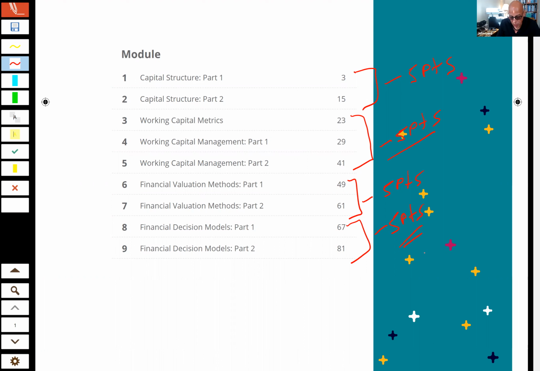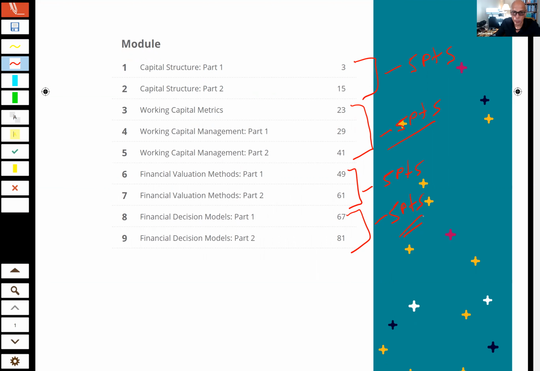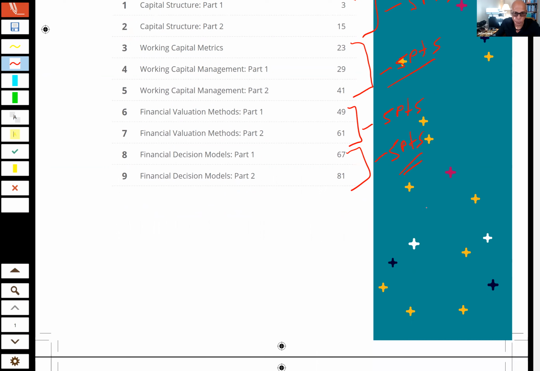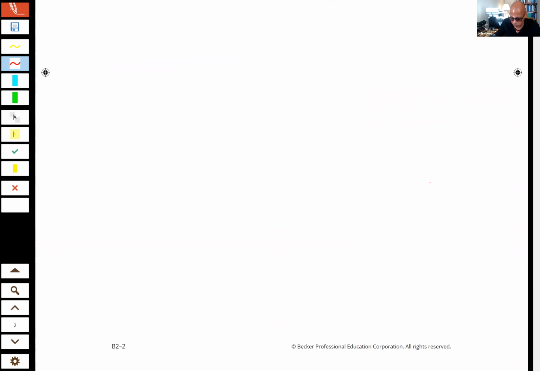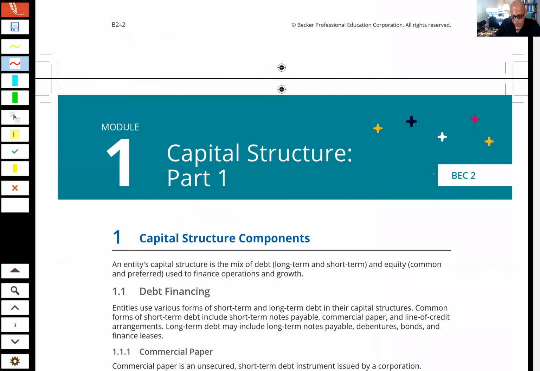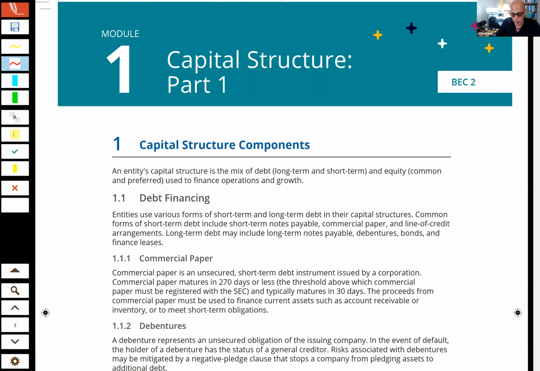But taking a look, we're going to really cover most of that here in chapter 2. We'll get about halfway through that today. I'm thinking we should be able to get through these first 5 modules, and then that'll allow us to finish up next time for chapter 2. Make sure that you are keeping up with your homework. We're doing about half a chapter per week, so you should be completing about half a chapter per week on your homework. Okay. All right, so let's go ahead, and they start us out talking about different types of financing